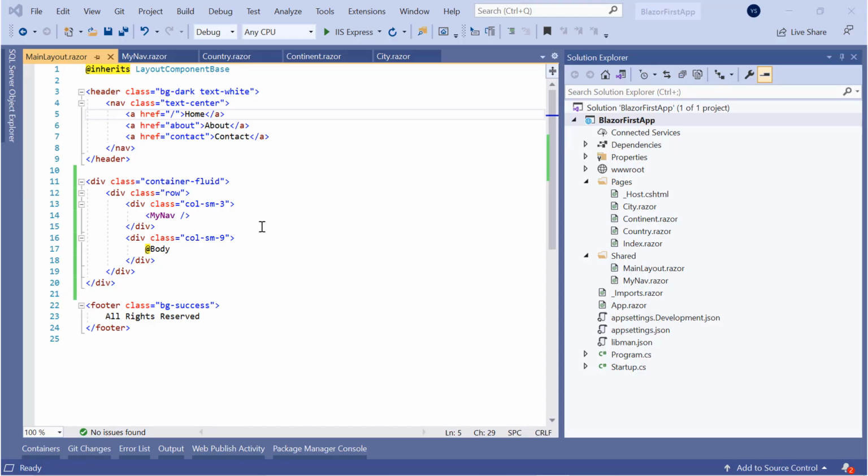So let us make the left navigation or side menu a better design through Bootstrap.